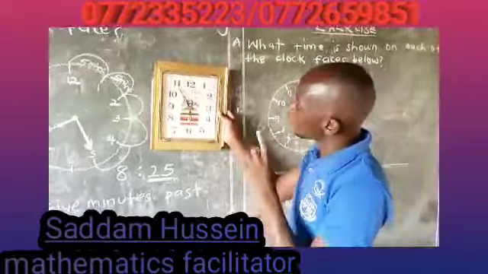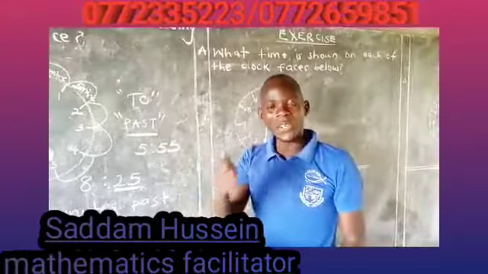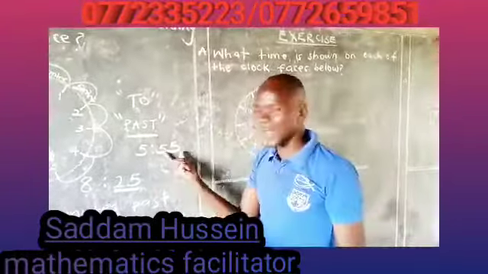It is not 8:06, please. This one is challenging in most cases. Somebody may say it is 6:55. Is it true? It is not true. It is 5:55. Or alternatively, you can say, now if you look at this 55, how many minutes are we left with to reach 60? Only 5. When you add 5 here, we shall reach 60. So we shall say 5 minutes to the next hour. What's the next hour here? The next hour is 6. 5 minutes to 6. That's where we use the word to.